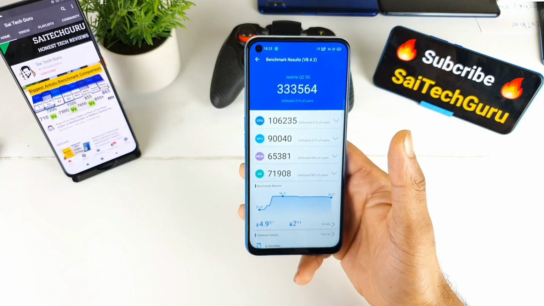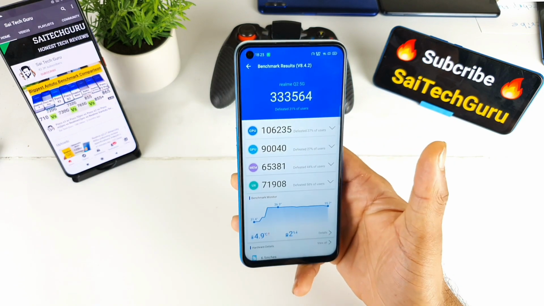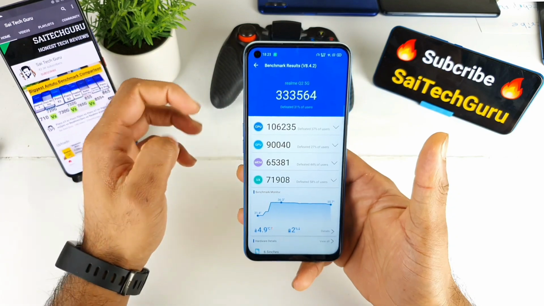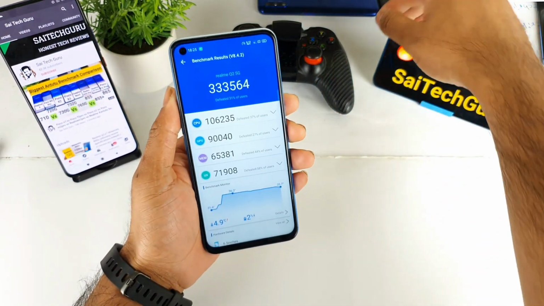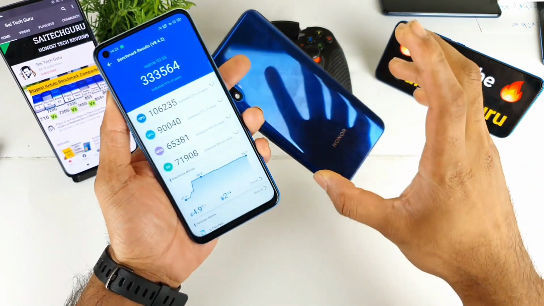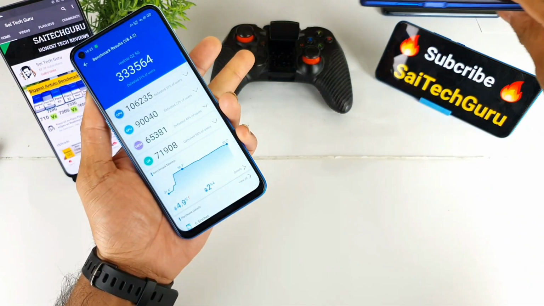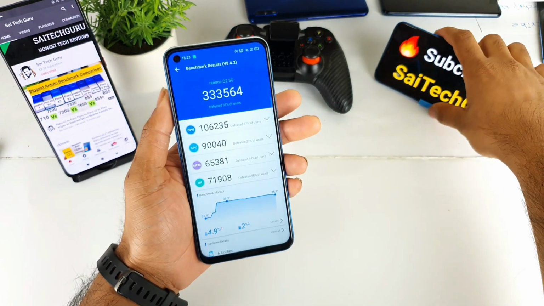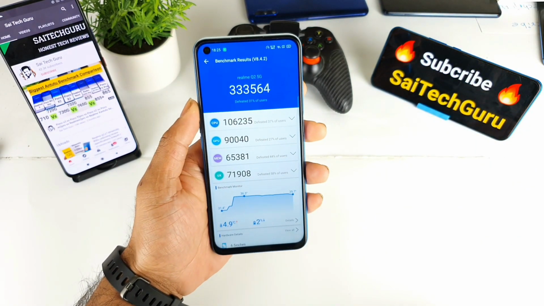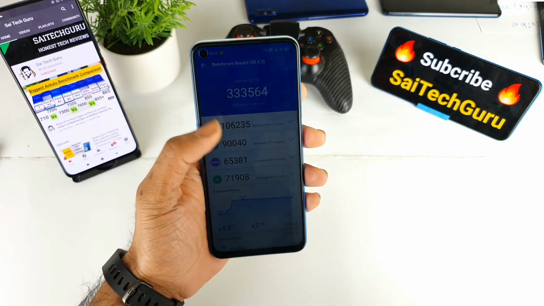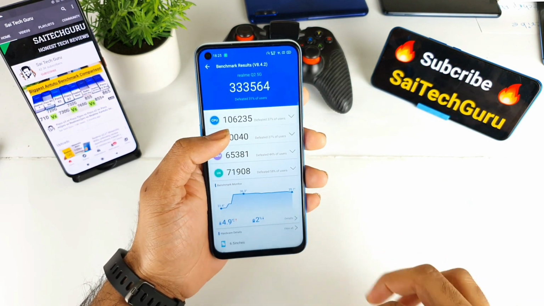At this price range, there is only one mobile that comes close to this kind of performance, which is the Honor 9X phone, which has a Kirin 810 processor. The Kirin 810 processor is also very powerful, and that is the only phone which crosses the 3 lakh benchmark range, I think, close to the 15,000 price range.